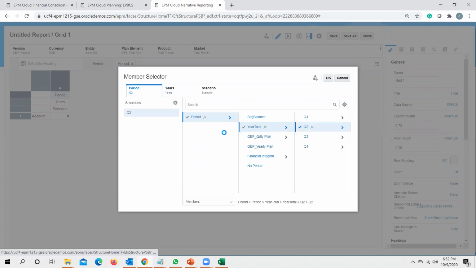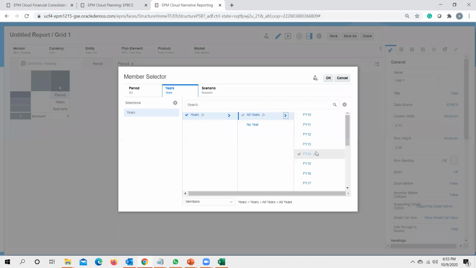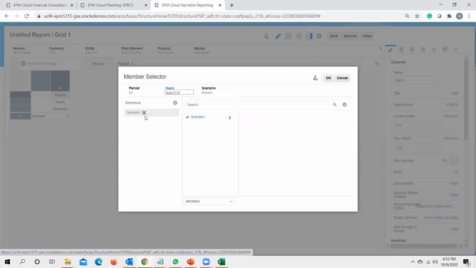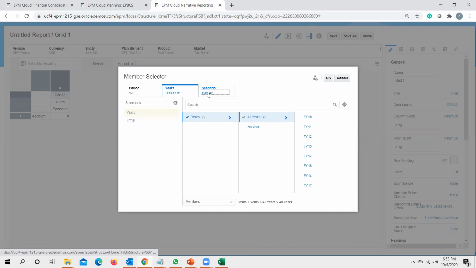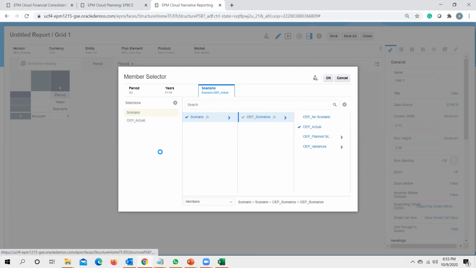And the year for which I want to create this report being my plan year, actual and plan year being for 19. Okay, and I want to select scenario. So first let me select scenario as actual so that I could bring in data for actuals, and then we could select plan scenario and we could create a comparison of plan with actuals.